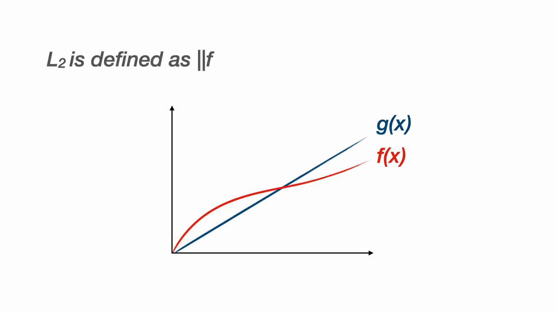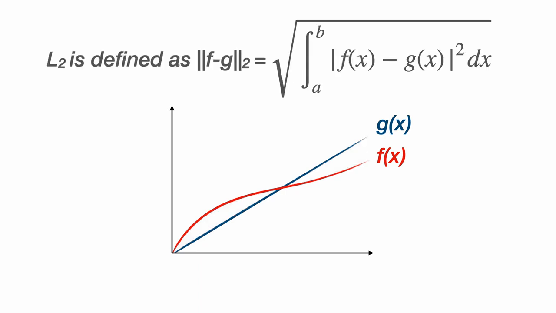The L2 norm of f minus g is a little bit harder to visualize. In this case, we integrate the square difference between f and g, and then take the square root. This is equivalent to going along the interval and at each point drawing a square with sides spanning the difference between f and g. Summing the areas of all the squares, you end up with a 3D volume which dips closer to the xy plane where f and g are closer together. The L2 norm is the square root of this volume.